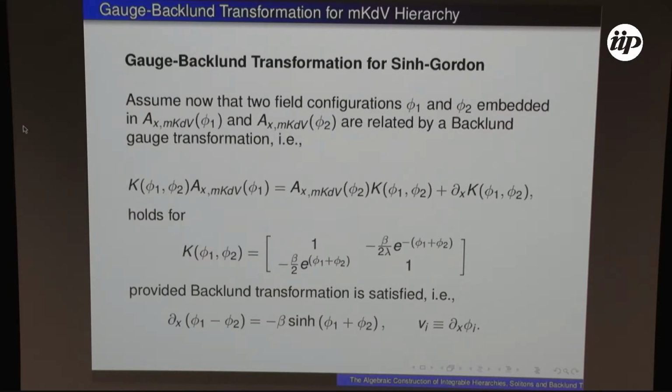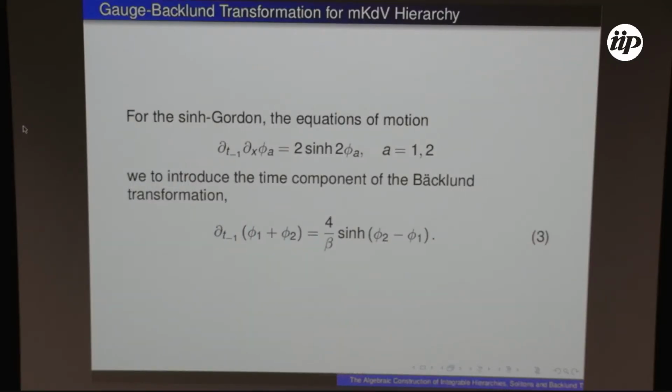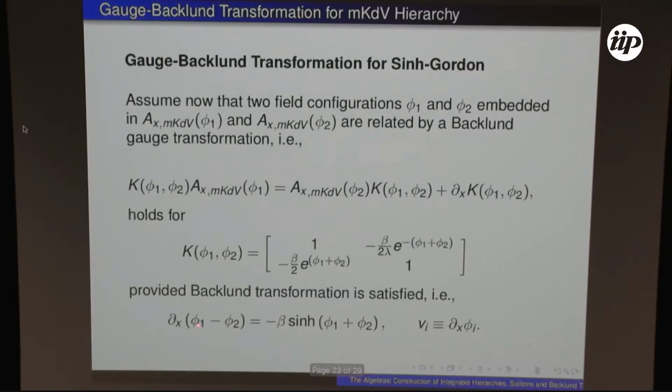And this is very interesting because it has a reasonably recent application. So for the Sine-Gordon, the Backlund transformation is this equation here, and another equation for t. So these equations are compatible because if you act with dt here, you need ddx of phi 1 and phi 2 that you take from here, and then you recover the Sine-Gordon equation.